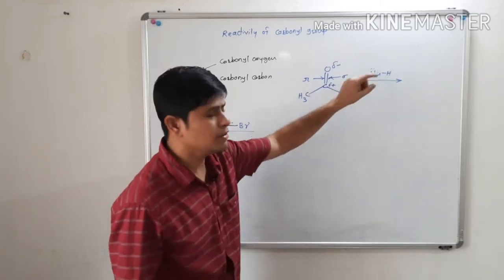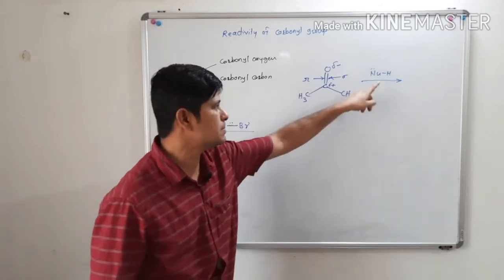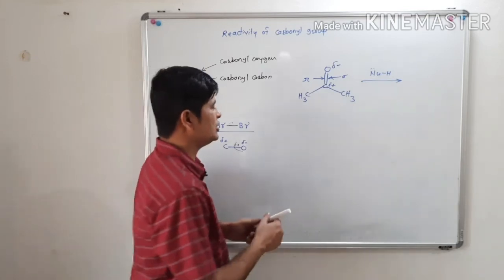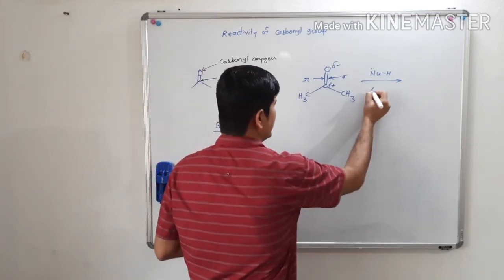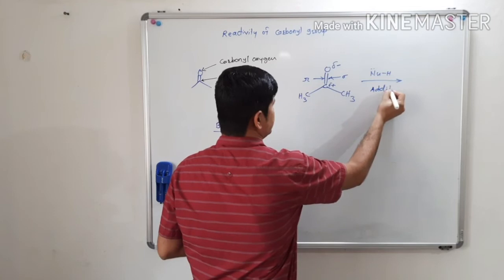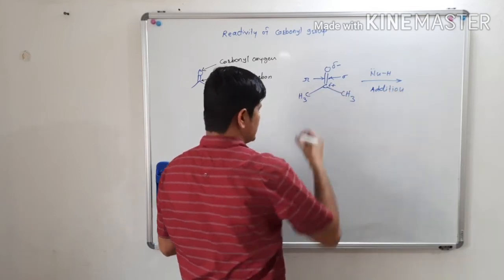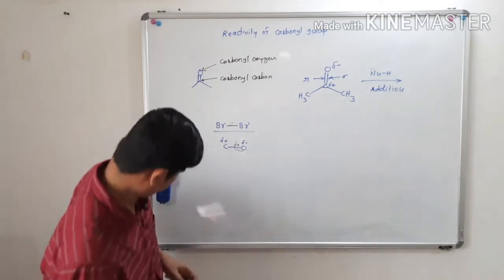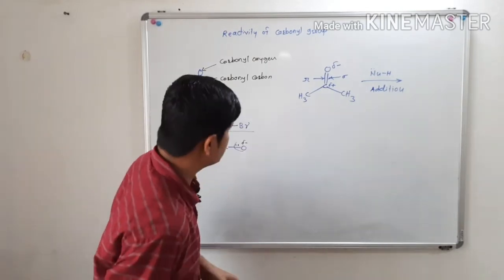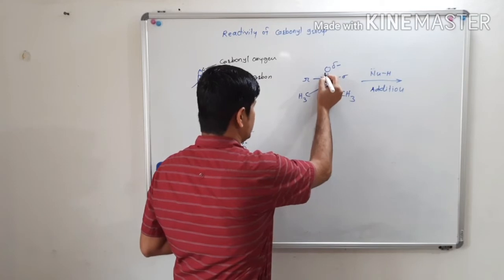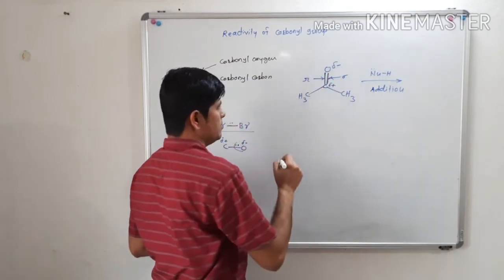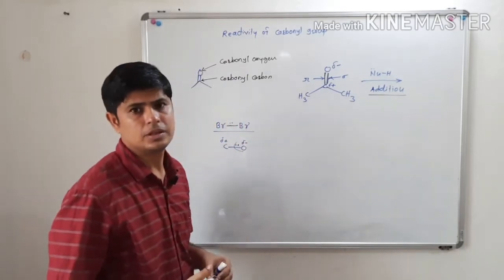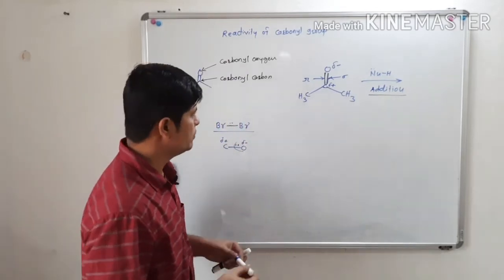Where this nucleophile will get added and where this proton or hydrogen will get added, there will be an addition reaction across this carbon oxygen double bond. There will be a nucleophilic addition reaction. So what will happen? We will get,